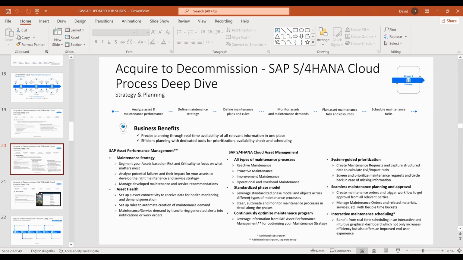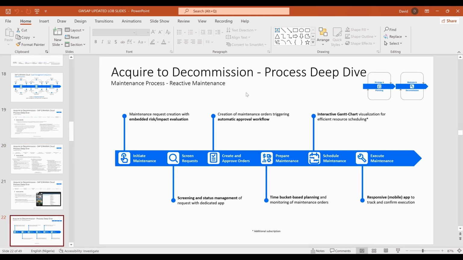So it's also important for us to note that the process is seamless and it requires little to no approval process, depending on how your system is or how your company is organized hierarchically, because you could have someone like, when I show us the system, we see that there are different roles where we could have the maintenance supervisor, the maintenance inspector checking different things on the system. So let's quickly go through the reactive maintenance so we could see what the process entails.